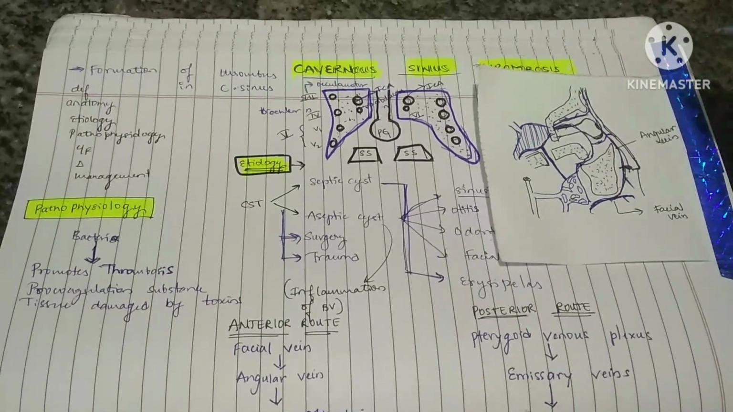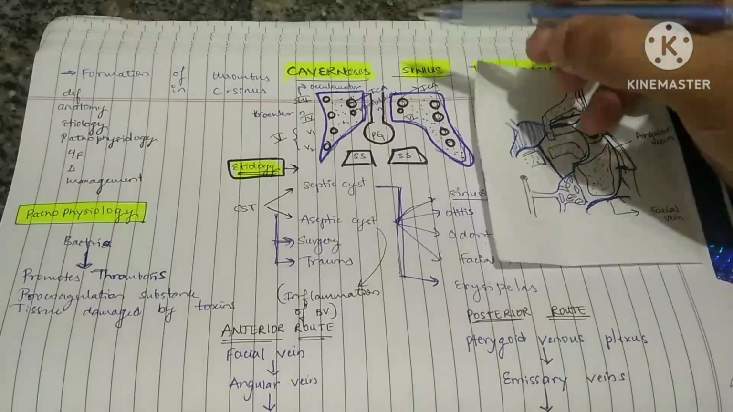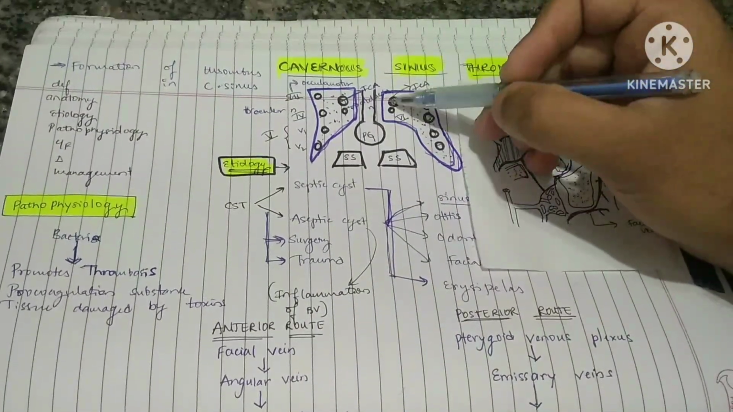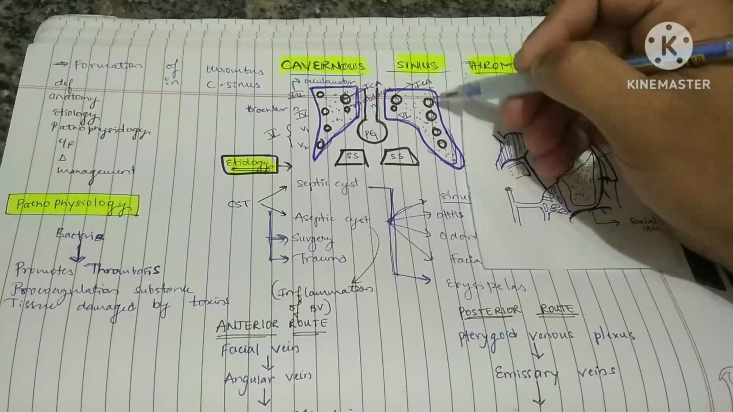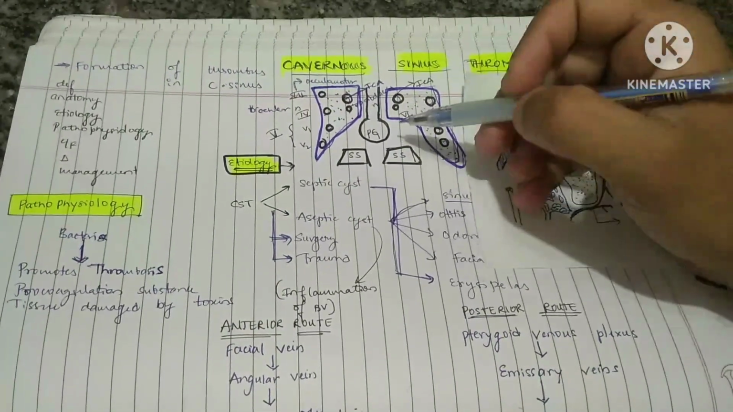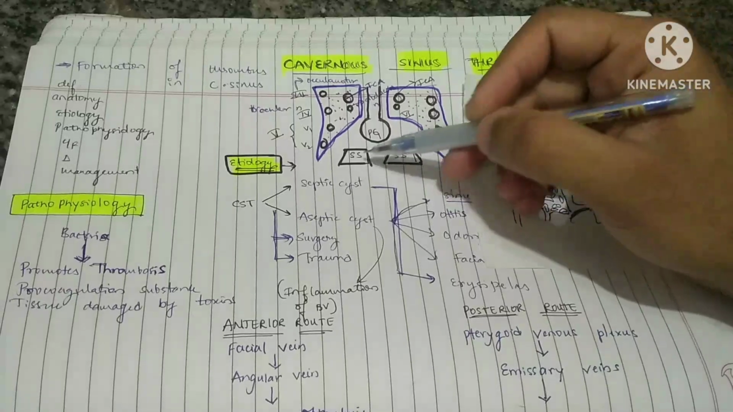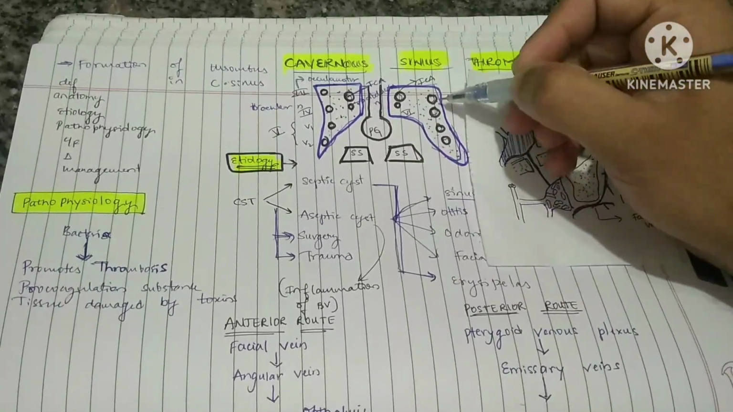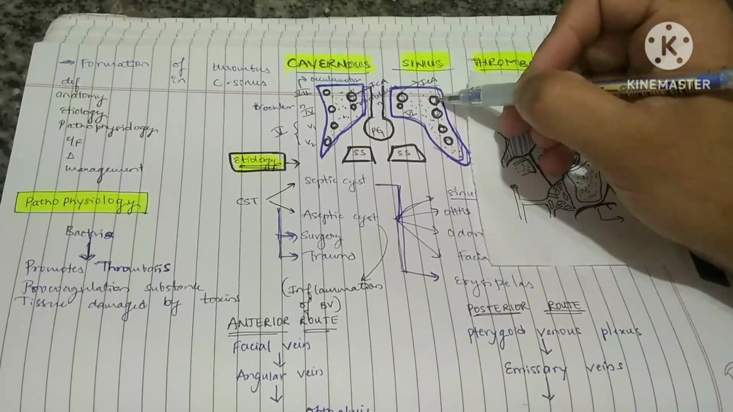So now coming to the anatomy. This cavernous sinus in the middle part is surrounded by the pituitary gland. Okay, it has a medial wall and it has a lateral wall. Okay, the lateral wall is kind of concave shaped. Now inferiorly we have the paired sphenoidal sinus, and this lateral wall contains the third cranial nerve, fourth